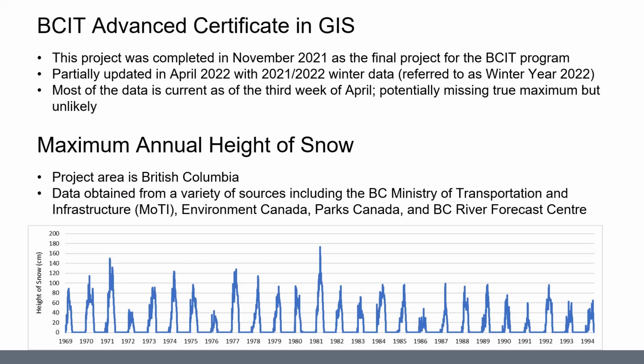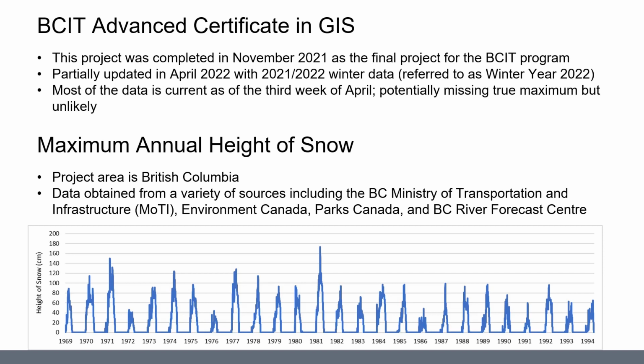Start with a little bit of background. This project was originally completed in November 2021 as my final project for the BCIT Advanced GIS Certificate Program. And then just a few days ago, I've pulled in all of the winter 2022 data to update the map